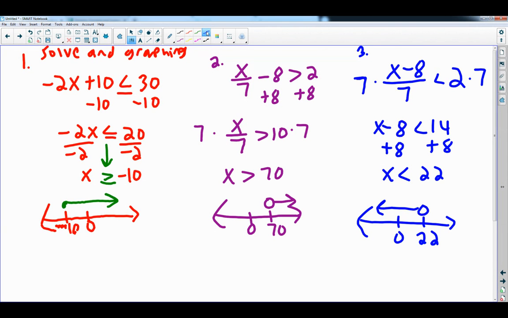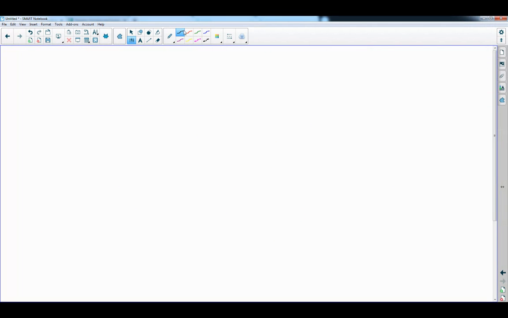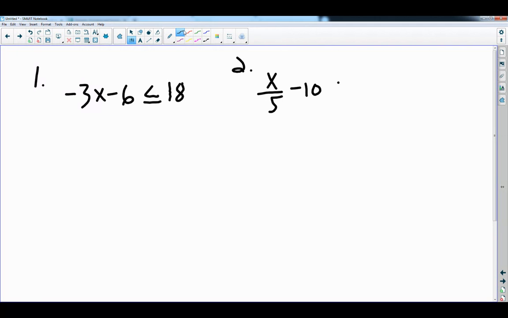Okay, so those are the notes. And here come the on your own. We got number 1. We got negative 3x minus 6 is less than or equal to 18. We got number 2, we got x over 5 minus 10 is less than 50. And for number 3, we'll do x minus 10 over 5